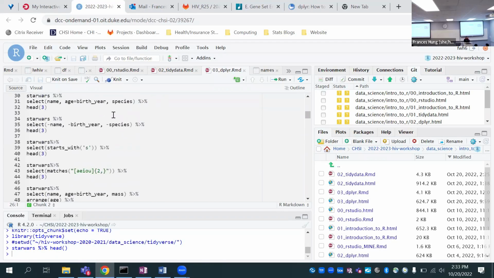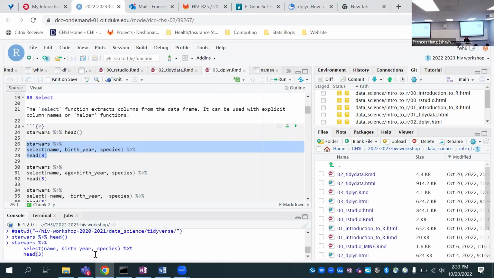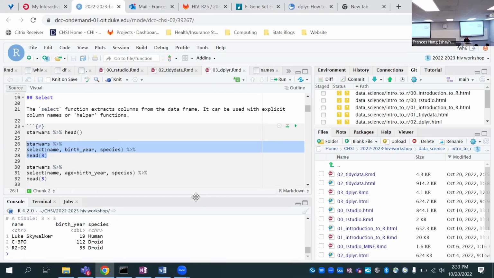So what we can do is play around with the select command, which lets us select certain columns. You can look here and see that this selects only the name column, birth year, and species. So if you copy and paste this into the console, you can see it just returns the first 3 observations and these 3 columns.